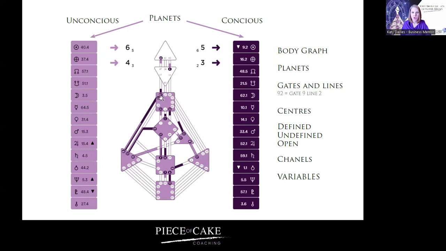Now, on this chart, my chart, if the gate is colored in, then that means that I have that gate activated in my chart. So the gates that are the dark purple come from this side. So the 62 comes here from my moon. And then we've got the 16 here, which comes from my earth. Okay. Now, if we take the 16 as an example,